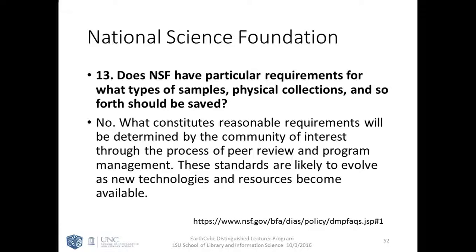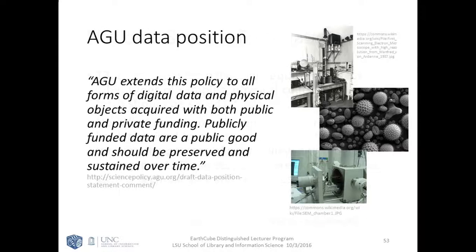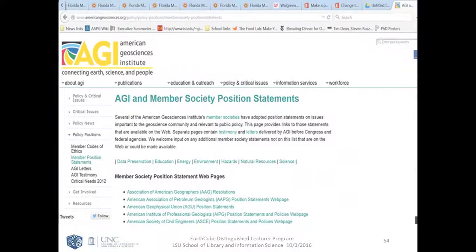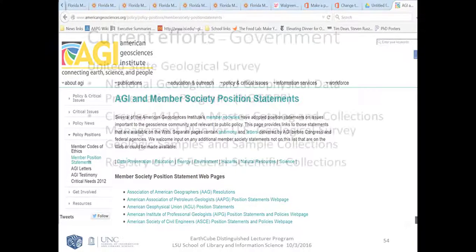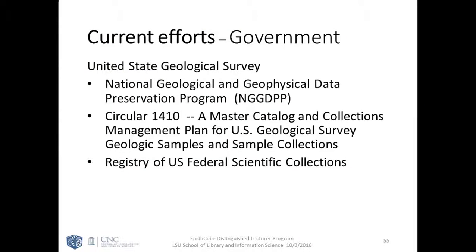We also have different membership committees making statements. We have AGU, American Geophysical Union, saying that its policy includes data and physical objects, and that they should be made available. American Geoscience Institute also saying the same thing, making statements about the availability of data and it being important. We've got the effects of that White House memorandum pushing down into the federal government, and so as some examples of current efforts, the United States Geological Survey,